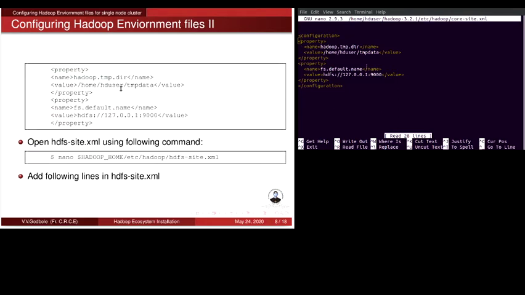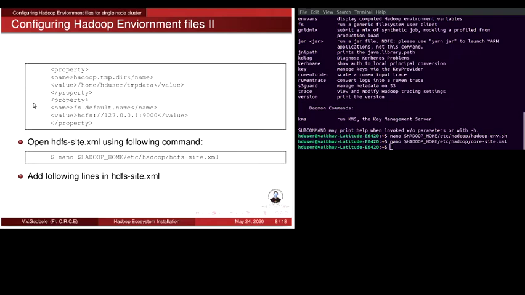Now this code contains information about the directories that we are going to use. While compiling any program in Hadoop, a directory called tmp data will be created automatically. So you can give the directory name of your own choice. So I will save this file now. See here, I have already added these lines over there. So in this way, a folder called tmp data will be created.